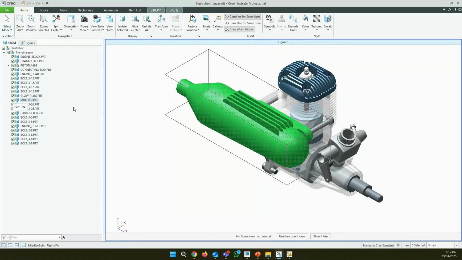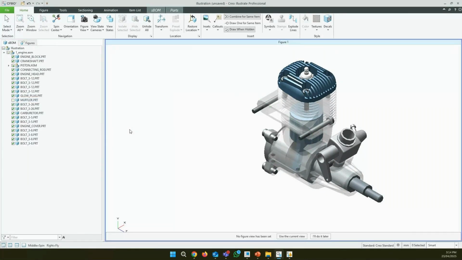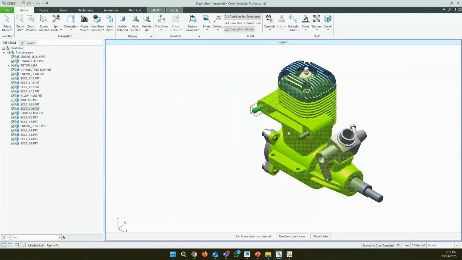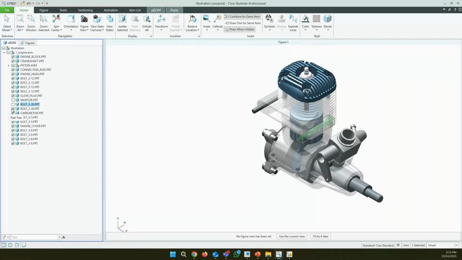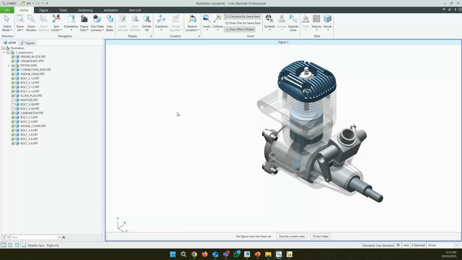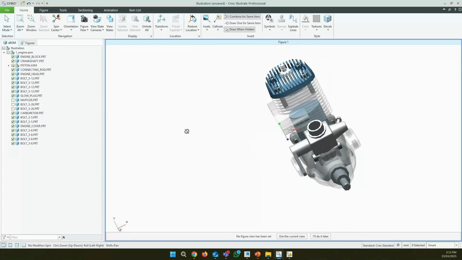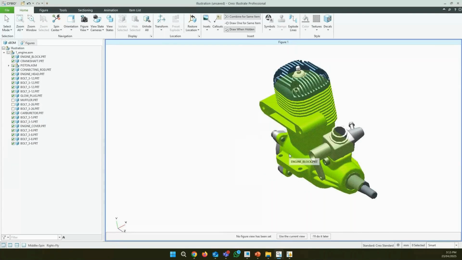In our case, I'm just going to switch off these mufflers for now. I don't want to use that. And also these boards which are holding these mufflers, I'm just going to switch them off. I don't need them, so I'm just switching them off here. So once I do that,